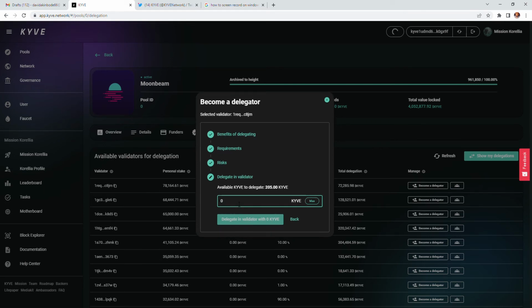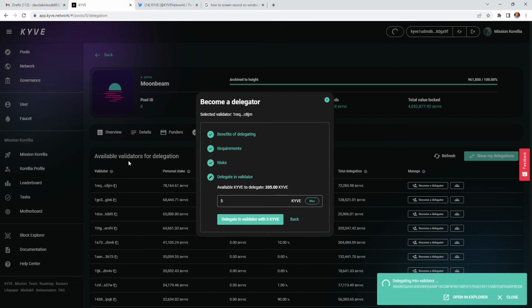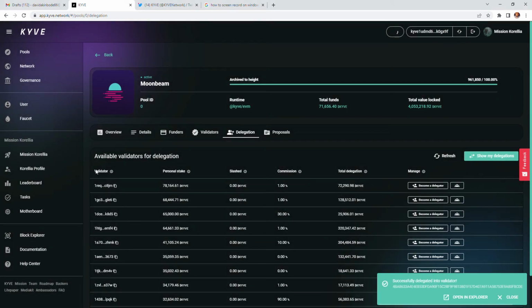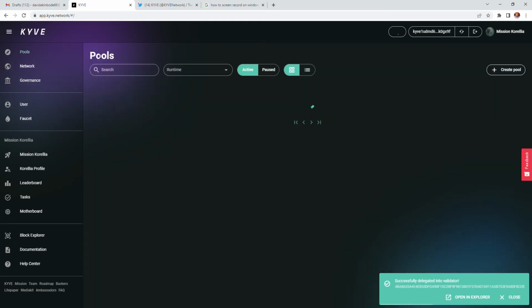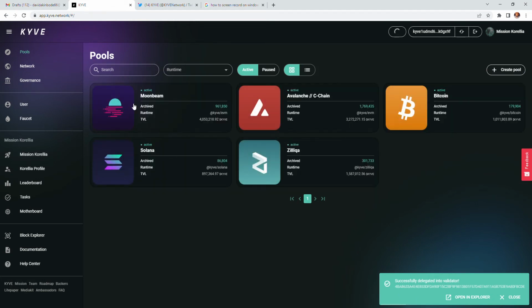So if I decide to put an amount, which is 5 delegates, I can approve. So that's how mostly everything works in these pools.